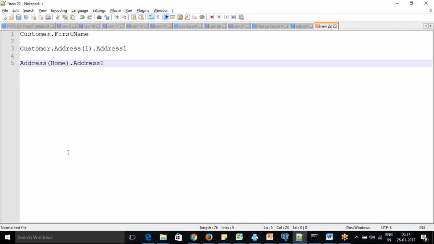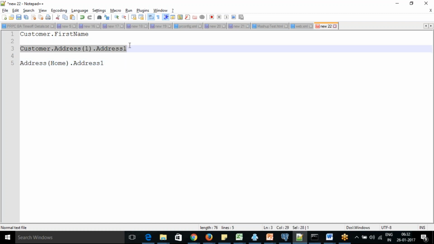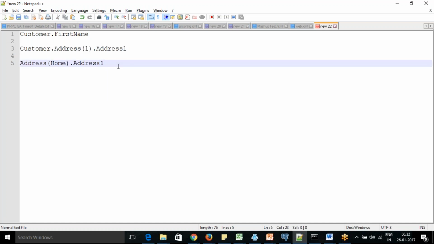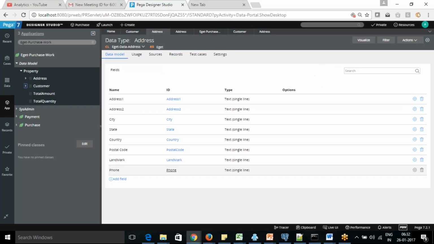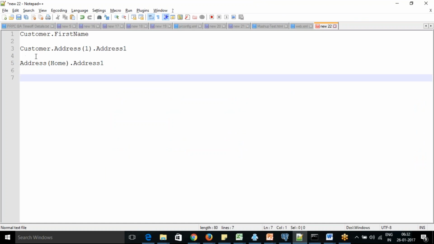I get it. Okay. So this is a different page now, which is not related to the customer in any way. So you are creating a separate page completely which is not related to customer, and this address is related to the customer. So that is a completely different field outside. When you go to home, you go outside the page. Yes. So this is within the customer, and this is customer as a separate page. I get it.